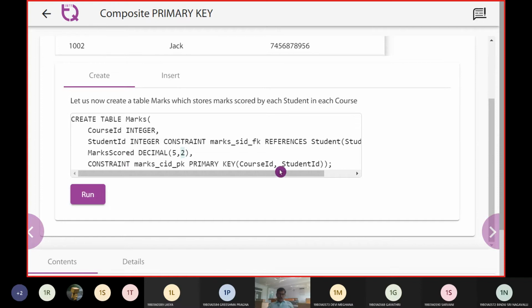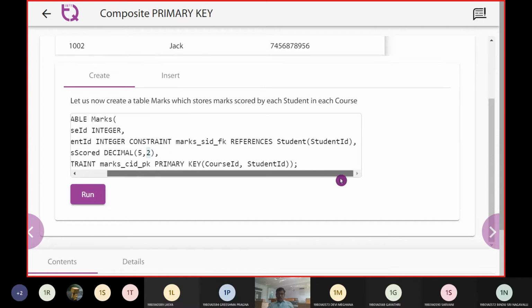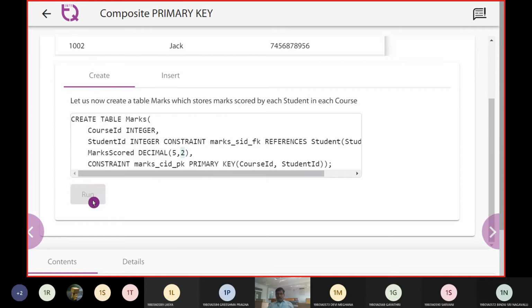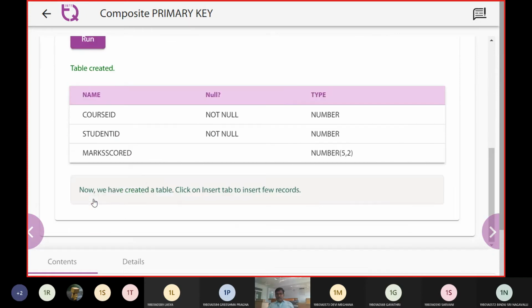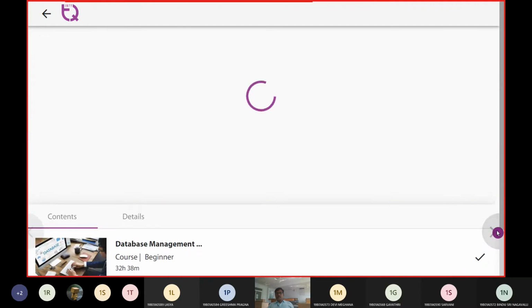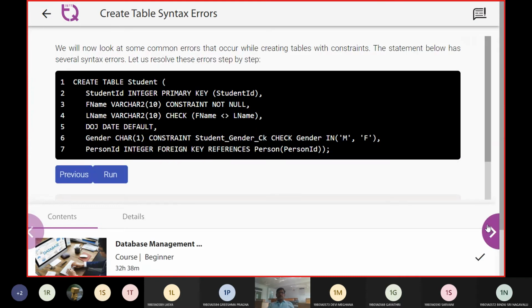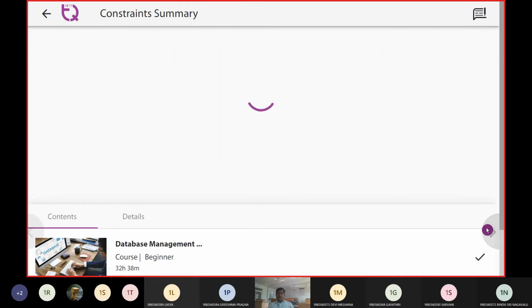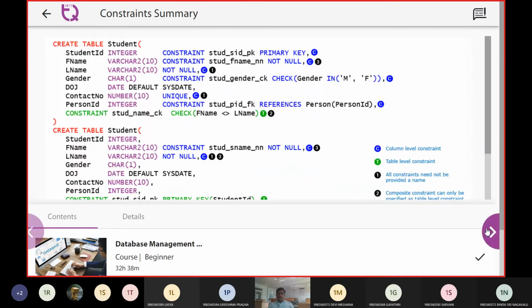By these two, the uniqueness is going to happen, and we are going to run the scenario. That is the reason why course ID is null and student ID is also going to be null. This is the error part, which we won't look into right now.